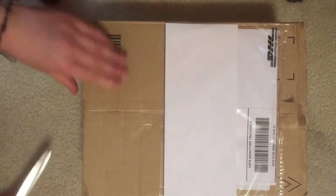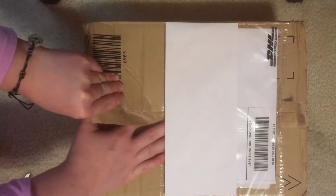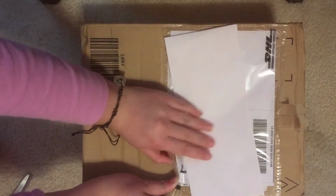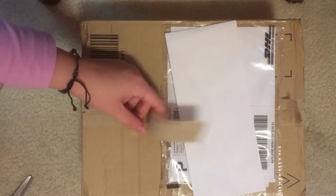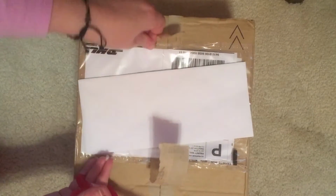Much like my last video, today's video is also going to be unboxing style because these albums just came out this week. One of the things I like about ordering from Amazon Japan for Japanese albums is they usually do super quick shipping. A lot of times when I pre-ordered it, I actually got the album on the release day. That didn't happen this time because